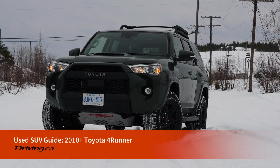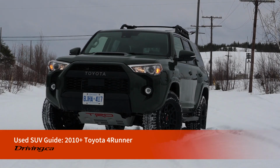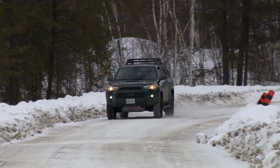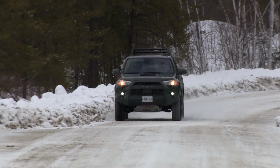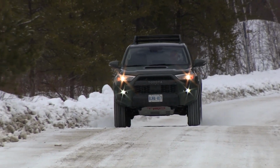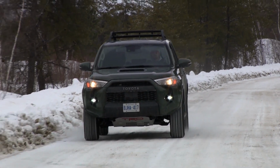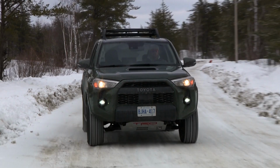This is one of my favorite SUVs of all time. In Northern Ontario, where I live, the 4Runner has a built-in sense of community thanks to a loyal following of owners. It's a popular pick for drivers in this part of the country where many folks need to run something in a rugged, family-friendly 4x4 that can move from snow to sun to off-road to highway to touring without missing